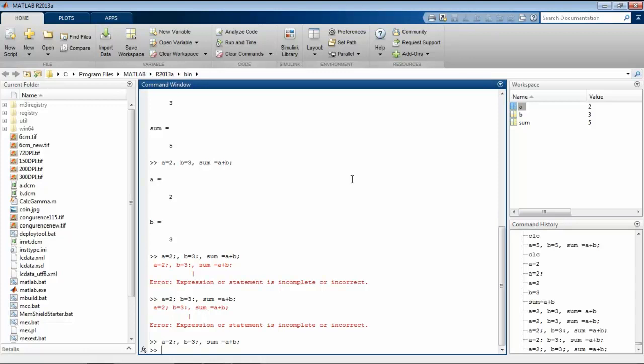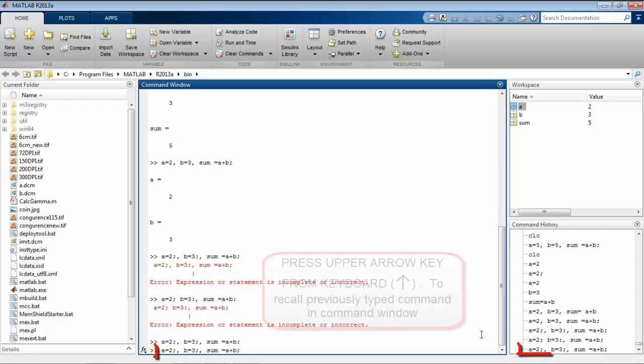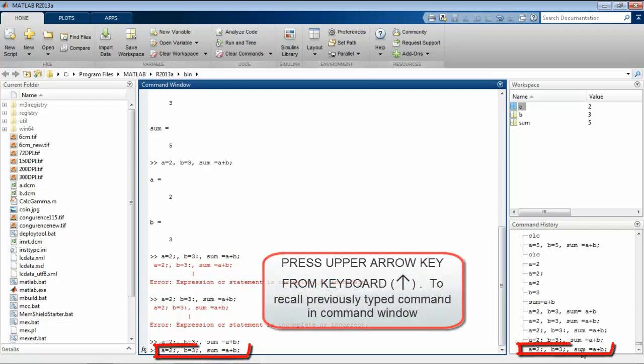Now these are the commands which are executed in the command window. If I want a previously typed command, it can be recalled to the command prompt with the help of the up arrow. It gives me the previously typed command, a = 2, b = 3 and sum = a + b, easily on the command prompt.